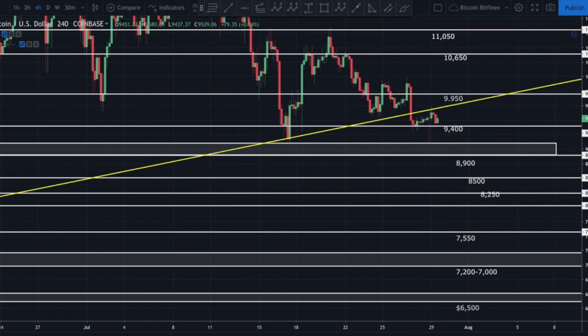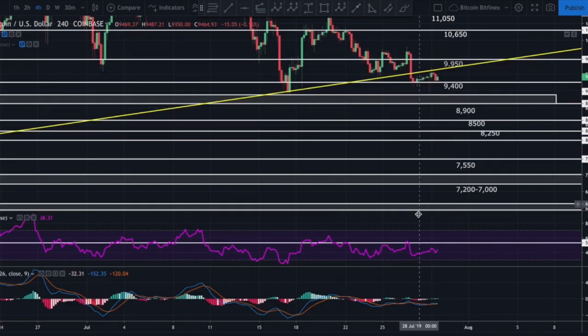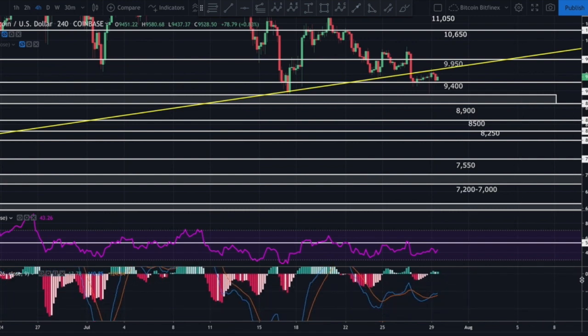As of right now, looking at the very short term, it's very difficult to say whether we may get another test up here, testing what was an ascending support that is now acting as resistance. As we discussed, we may even see it wick up above that. In fact, if we zoom in here to the 4-hour, I pointed out before, we do have bullish divergence on